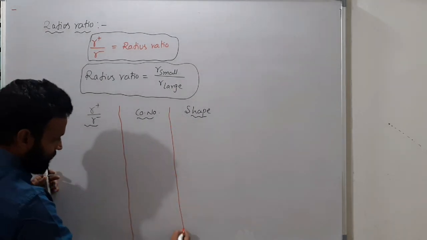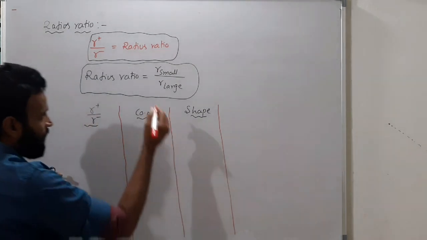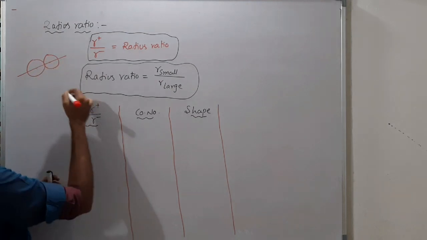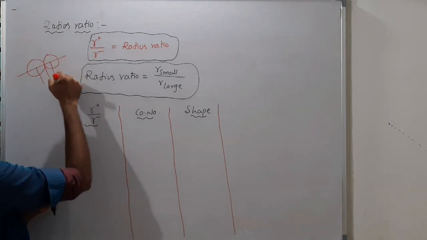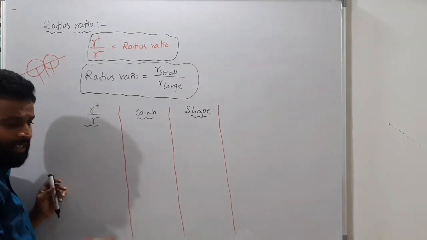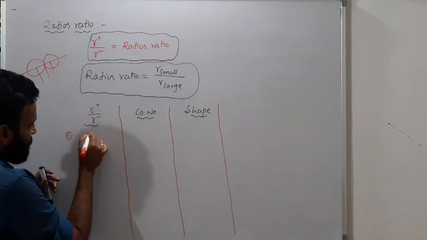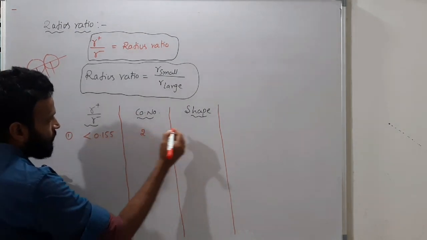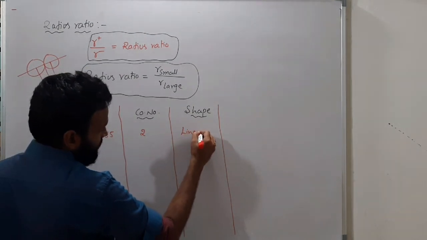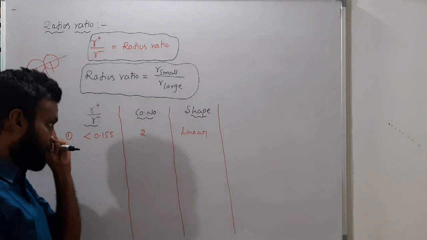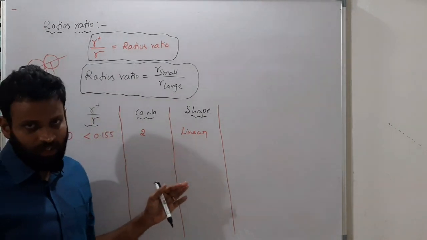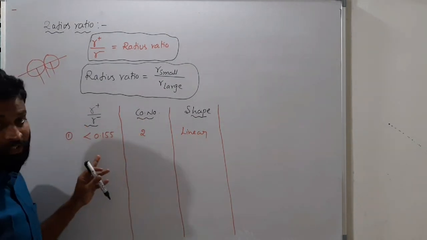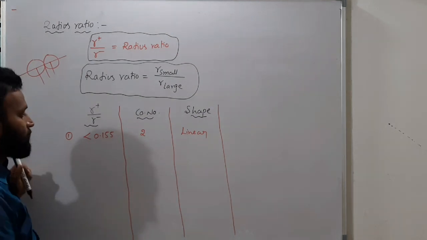if the radius ratio, you can calculate based on their atoms being in closest approach, like this, in a linear manner. So from the radius of cation and radius of anion, you can get a ratio. Okay, so for this radius ratio, first one, if less than 0.155, then the coordination number is 2 and the shape is linear. Actually this won't exist in normal solids in cubic structure. So in linear solids, this ratio exists, the radius of cation to the radius of anion.